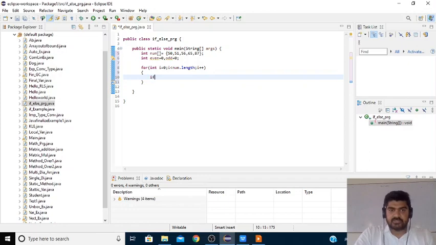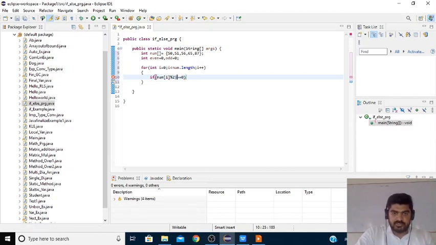Here we need to calculate the even or odd. So num of i mod 2 equal to 0.